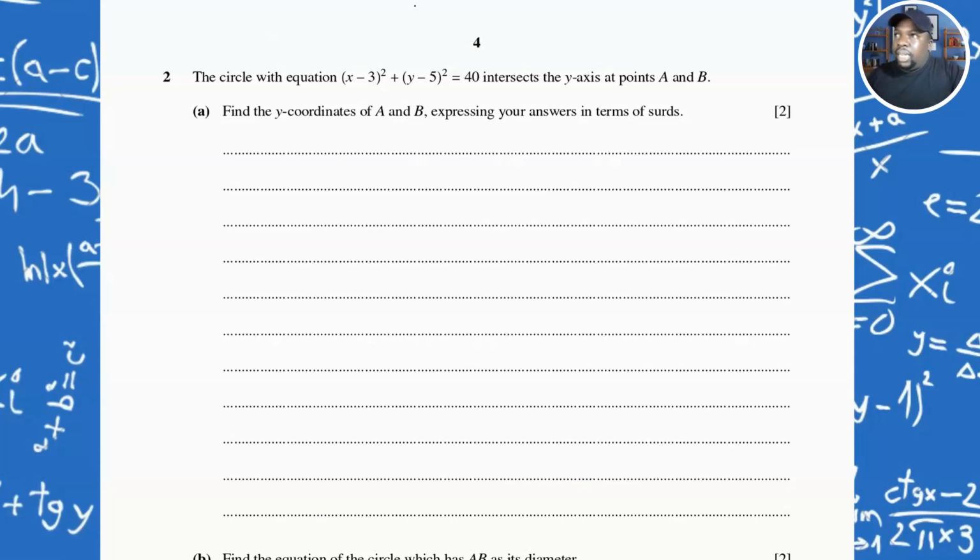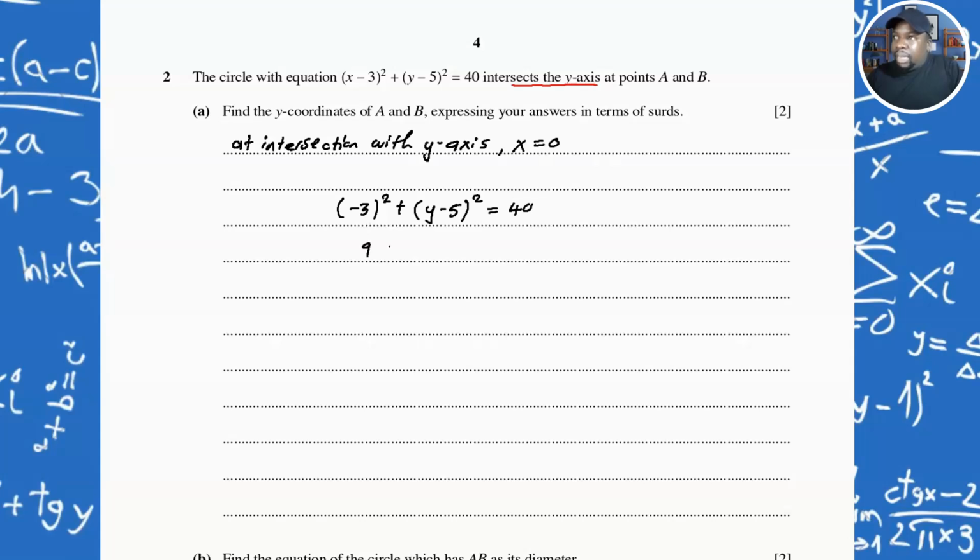Alright, so here the key part is that at the points A and B, they told us that the circle intersects with the y-axis. So I'll say here at intersection with y-axis, we know that x is equal to 0. So we're going to put 0 for x into this. So that will become here 0 minus 3 squared. So it's just going to be minus 3 squared plus y minus 5 squared being equal to 40. Alright, so minus 3 squared